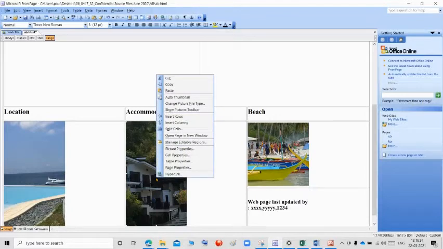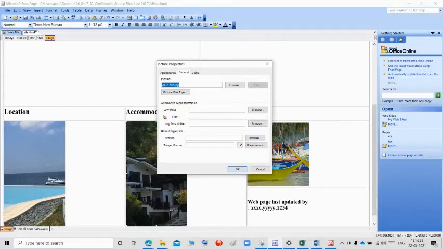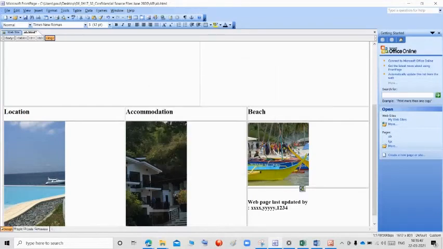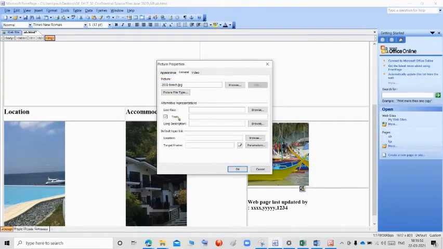Next, for this image, right click, go to picture properties and click general and go for text and give accommodation. Any name you can give, your wish. And go to this, go to picture properties, go to general and give as beach. Why are we giving alternate image name or text? If the image or video is not supported by the web browser, we can identify it by the names.